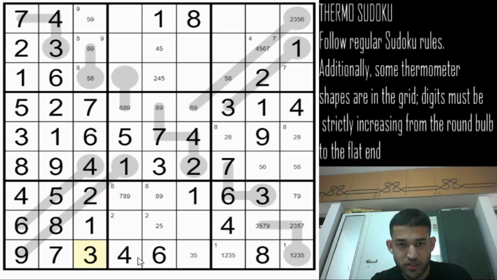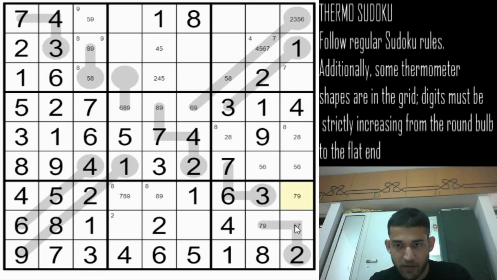So this will be a 2, and this is a 3, and we have 3, 5 only here. So this is a 5, this is a 2, and this will be 1 and 2 in some order. 1 is in column 9, so 1 is here and 2 is here. And now 5, 7 and 9 are the left out cells. So this will be 5 or 7, and this will be 7 or 9.